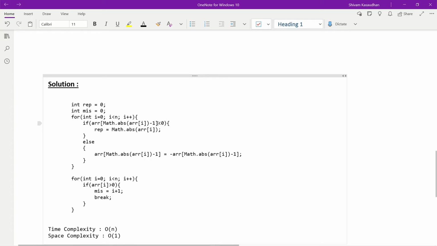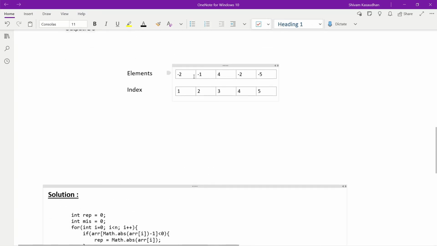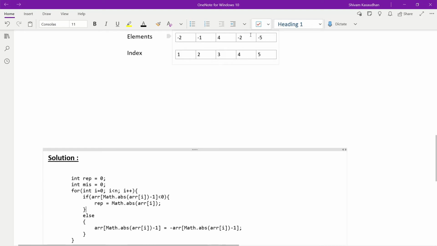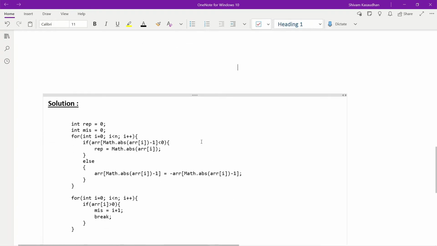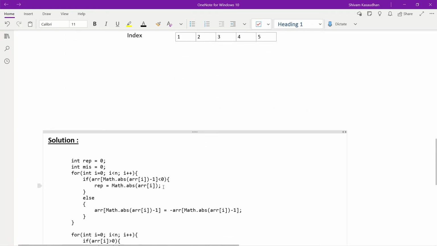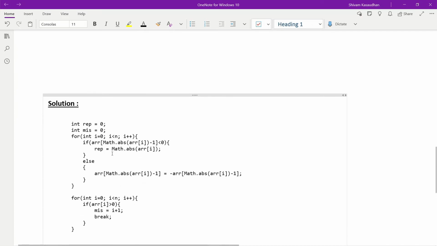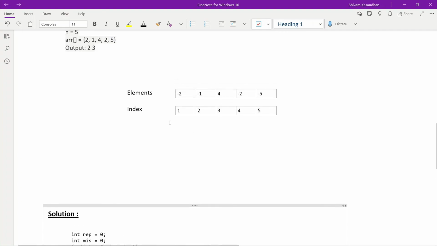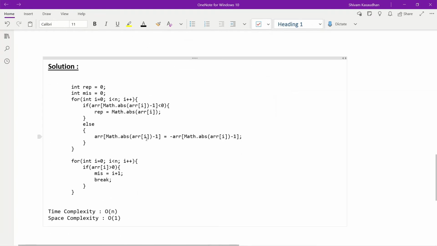So whenever we get a value that is less than 0, that means it is already negative, at that time we'll get to know that is our repeating number. So I will store the absolute value of -2, that means 2, in our REP variable, that is the repeated number. Else, while traversing, if we get a number that is not negative, then we have to make it negative.